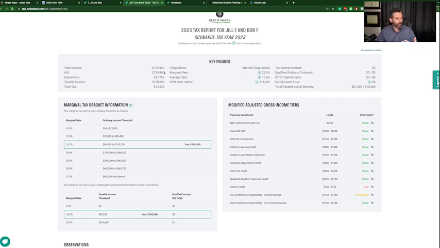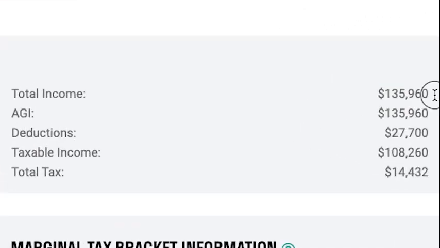So going back to what we were speaking about here, folks, we have our total income right at the top here, which would be our line 9. And then we have our adjusted gross income, which is our AGI, which is the same here. And then line 15, we have our taxable income, which is here. Okay, so they got the standard deduction of $27,700. And then right below this, you're going to see what line 24 is,